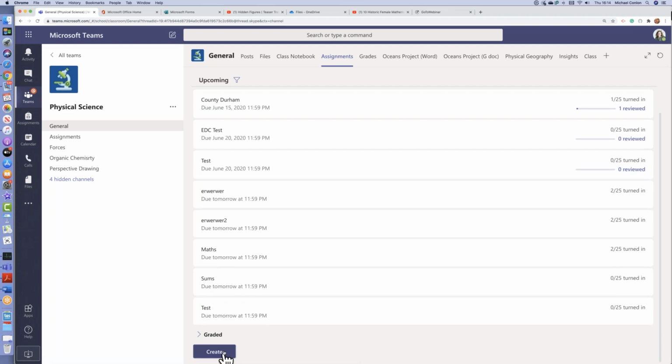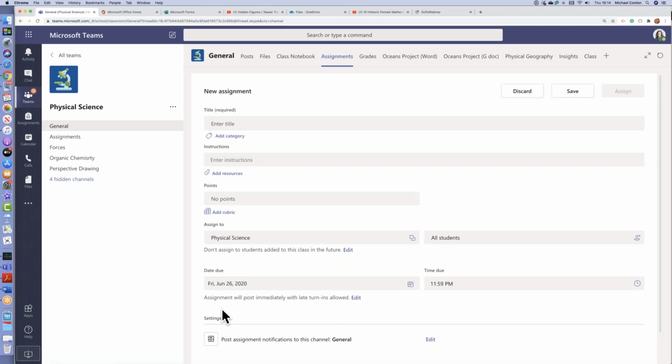So I'm going to start by creating a new assignment. I'll come back to quiz in a minute, but let's just choose a straightforward normal assignment that you would give out, where you would give children some resources, you give them the question, they have to fill in their answers, etc., and then send it back to you, and then you mark it, and then you send it back to them. Now, traditionally, all that's done on bits of paper in many respects.